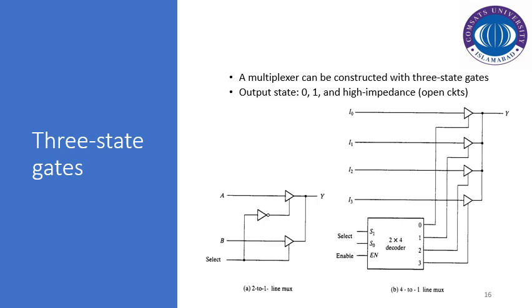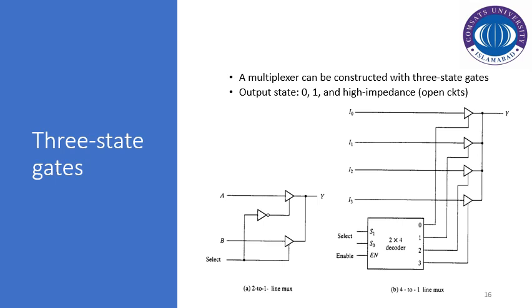The second case is the open circuit state, or the high impedance state, in which the circuit reacts as an open circuit, in which the outputs are isolated from the inputs. So whatever the change of input is, that is not reflected at the outputs of the system. We can implement a multiplexer by use of the tri-state gate.